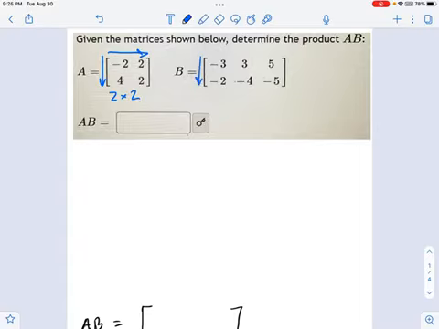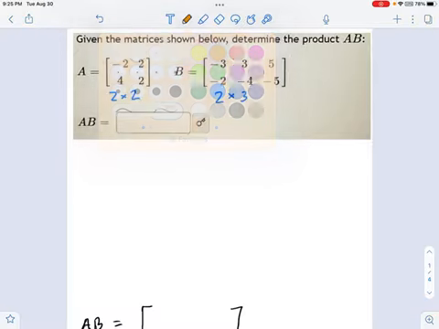Likewise, this one over here, B, is 2 units tall, so that's 2, and then it's 3 units over, so that is a 2 by 3 matrix. The first thing you need to check when you're told to multiply two matrices together is to make sure the dimensions are appropriate for that multiplication.